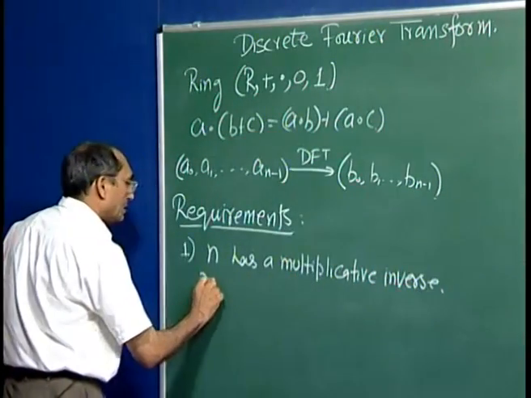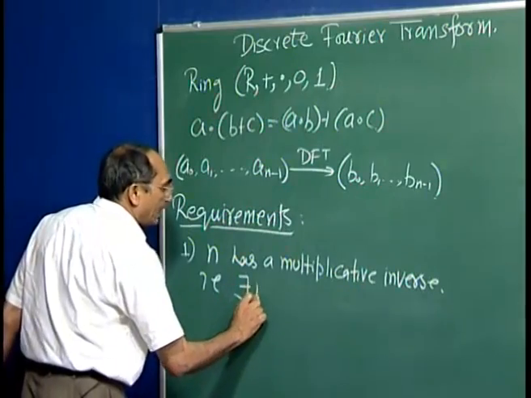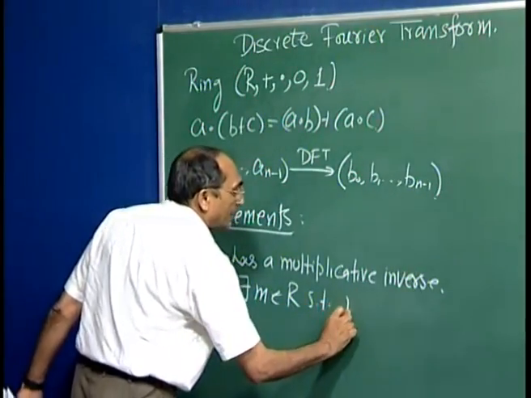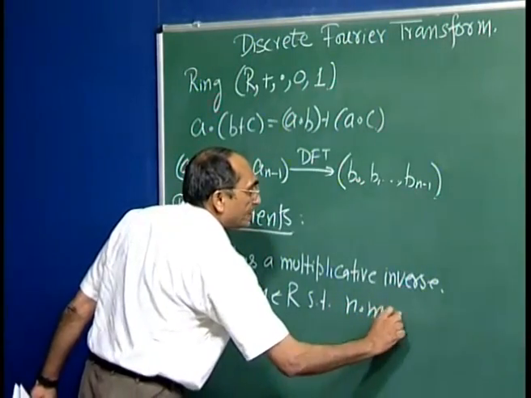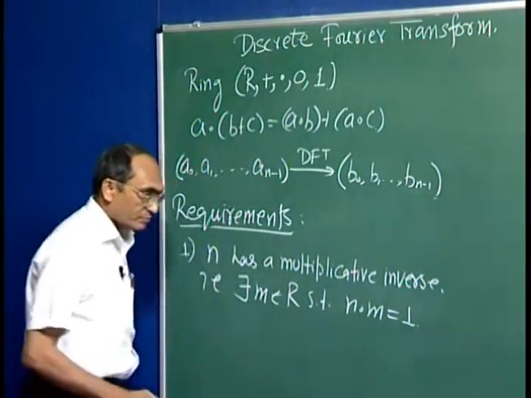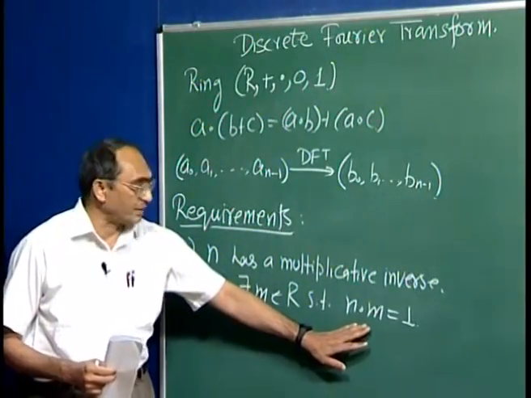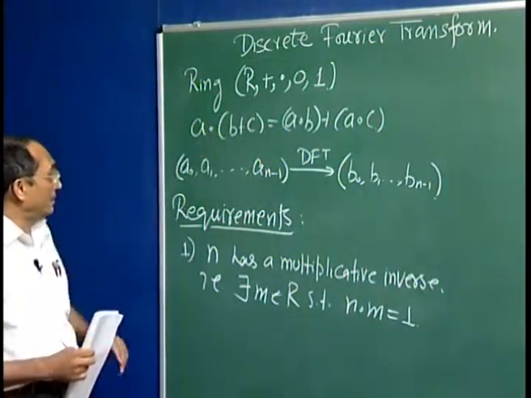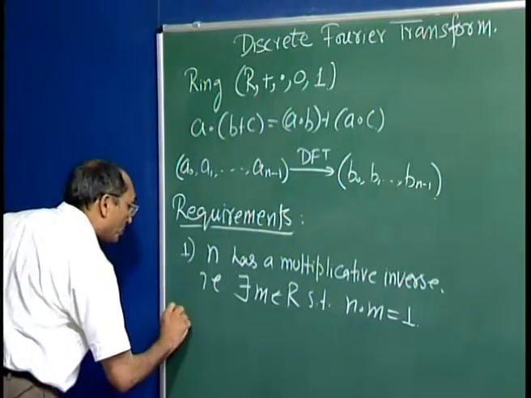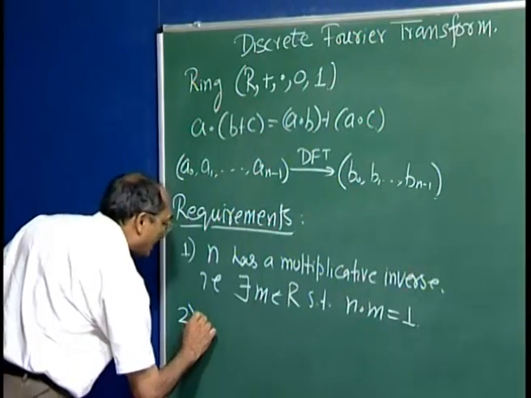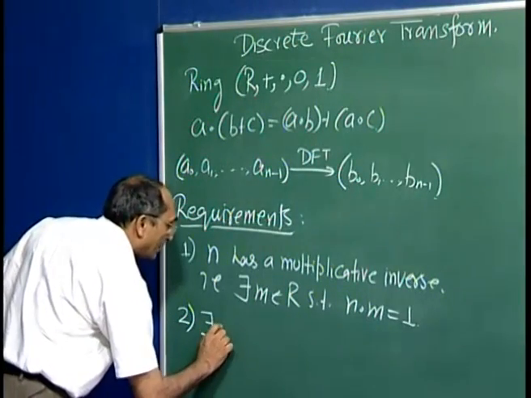That is, there exists M in the ring such that n times M is 1. This in general is not necessarily available in the ring such as this. 2, we also need that there exists a